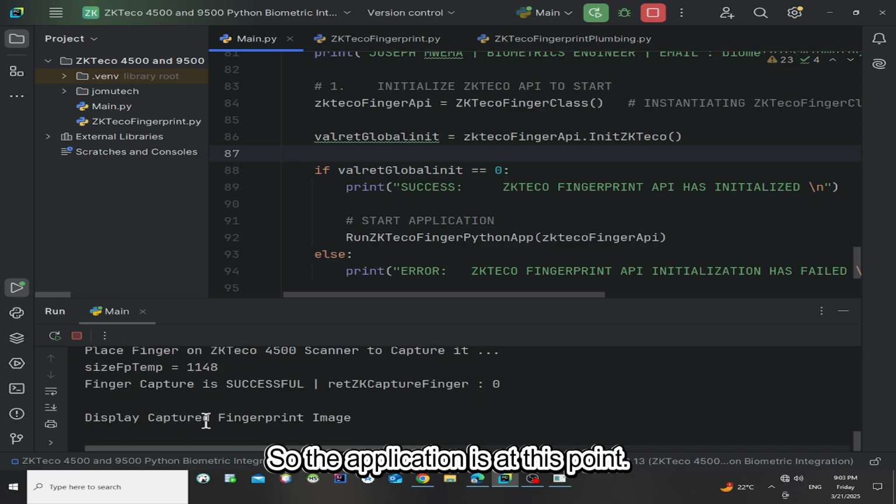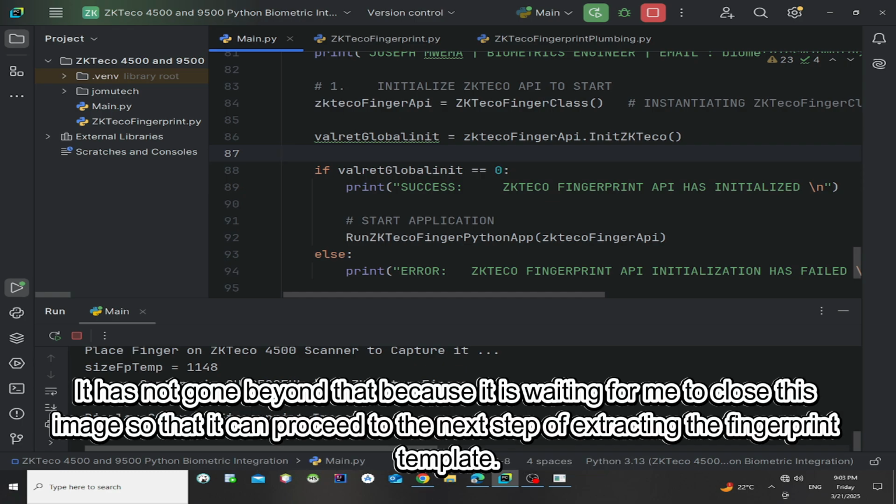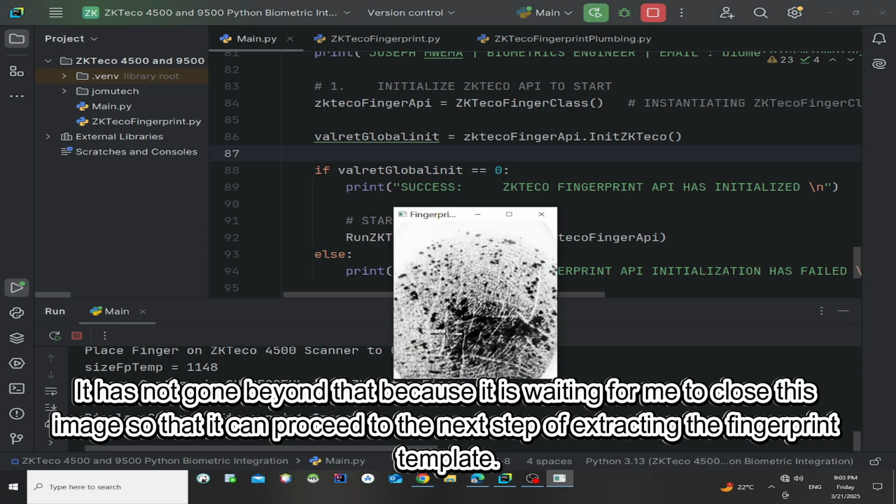So the application is at this point, display captured fingerprint image. It has not gone beyond that because it is waiting for me to close this image so that it can proceed to the next step of extracting the fingerprint template.